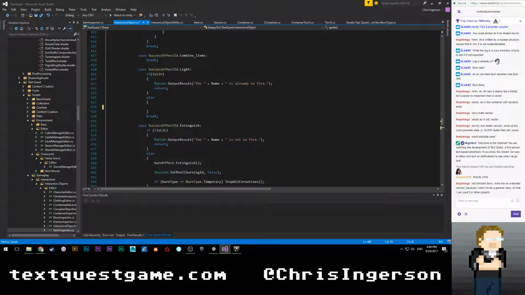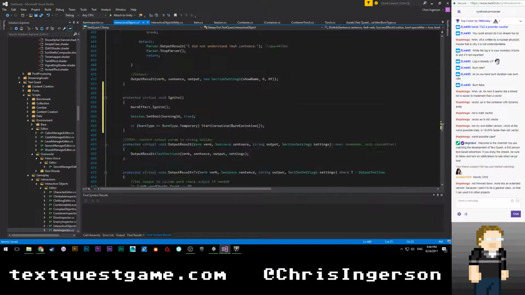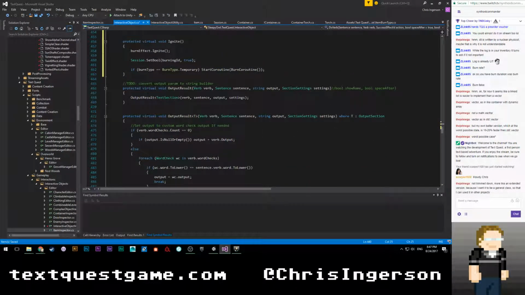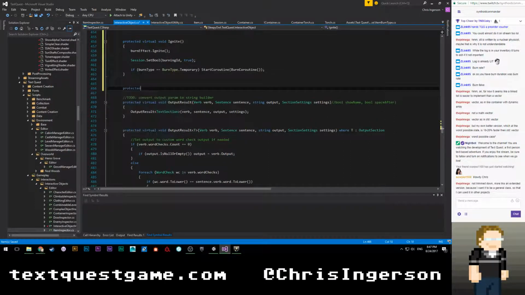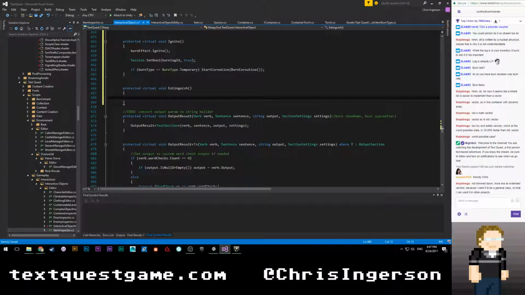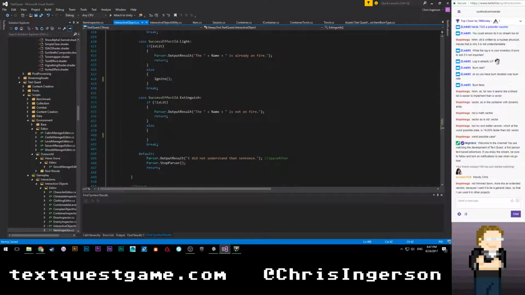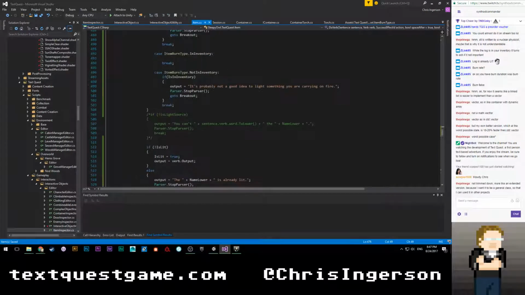Okay, so we're going to change that to ignite. And then we're going to have something similar for extinguish. Protected virtual void extinguish. Paste that in. Paste this in. All right. The reason that I did that is because item is obviously overriding our base functionality, and I didn't want to